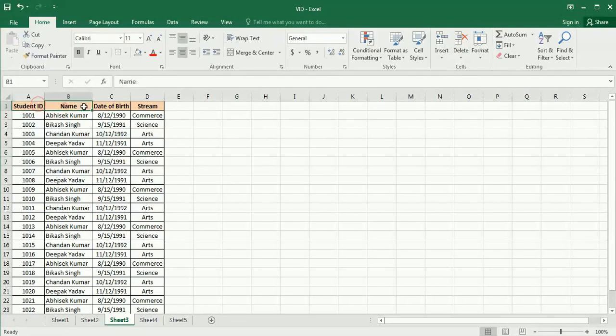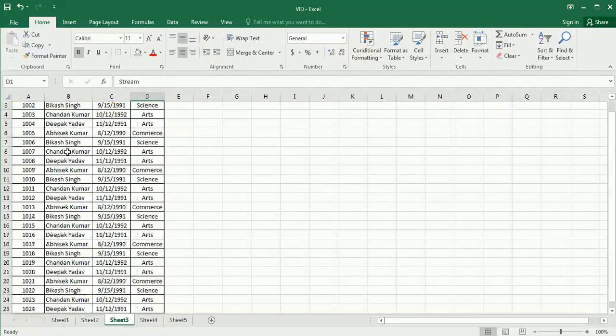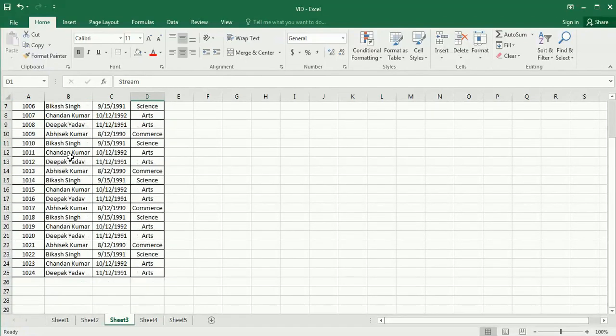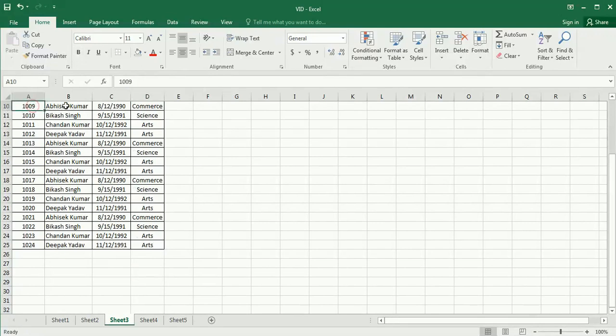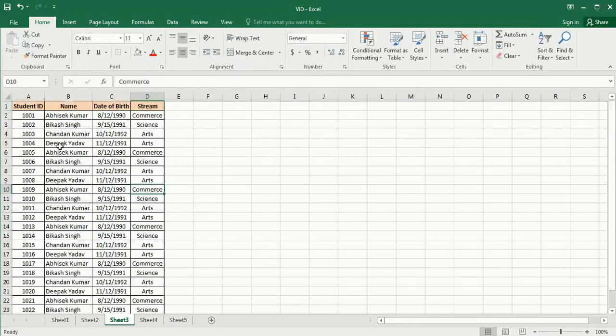Student ID, name, date of birth, stream, these are headings, and you can see if we scroll the data, the heading gets hidden. Then if we are here, how do we find out what these are for? It will be difficult, right? Since the data is simple, we can understand what these are. But if the data is vast, how can we find out? Some may use the freeze panes technique to freeze the header so that it remains where it is and other data can be scrolled down.